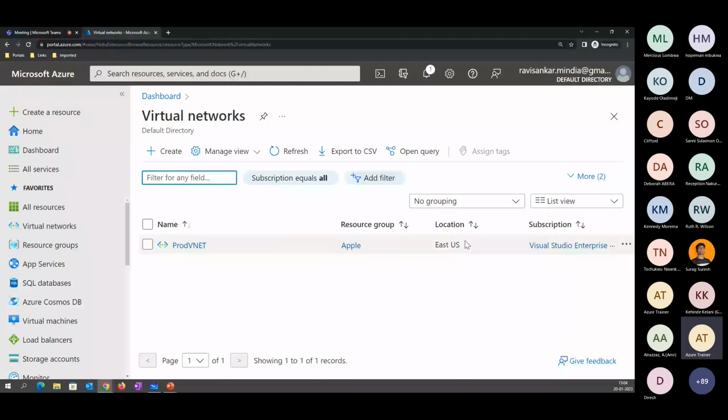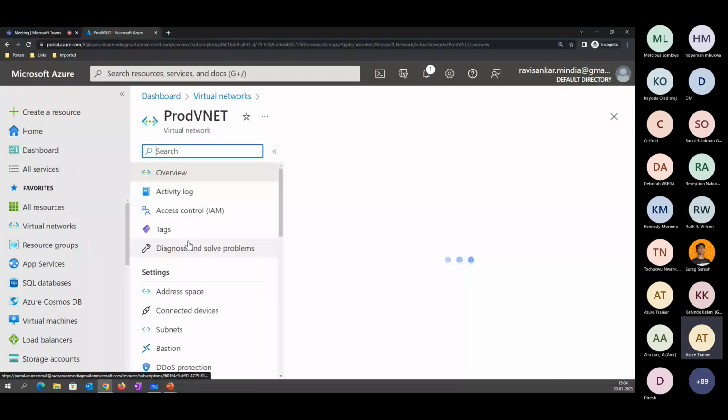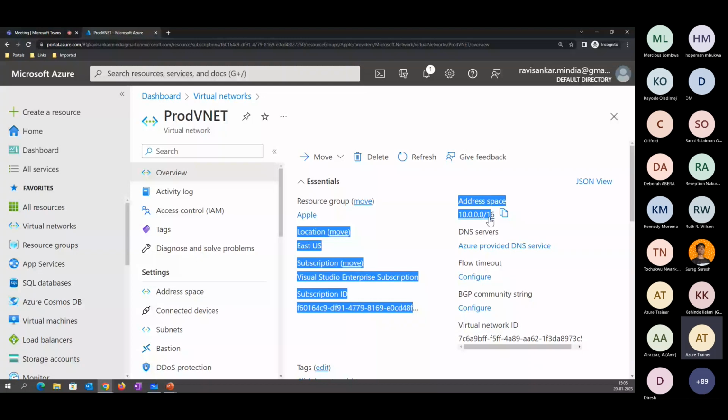Now, if you click on this, you can see the IP address details here, something like 10.0.0.0/16 here. Now, if you go back to the portal here, or the whiteboard,